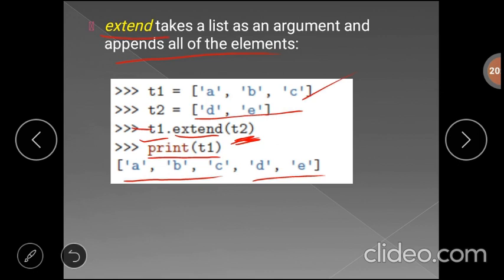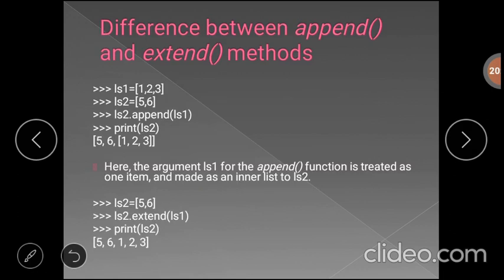Now what is the difference between extend and append? In both cases we are appending values to the list, but there is a slight difference. For example, with append, we have the list ls1 having the values 1, 2, 3, and the list ls2 having the content 5, 6.